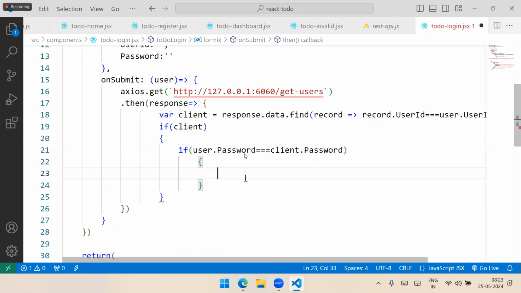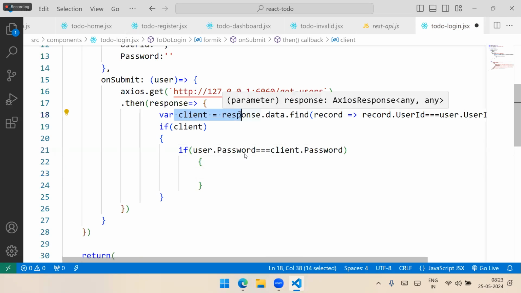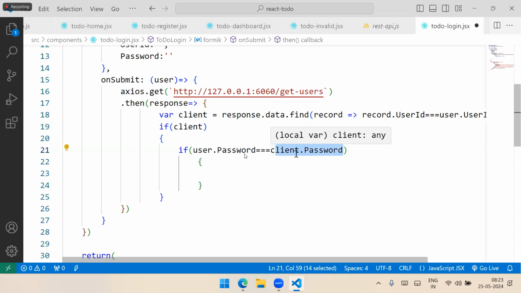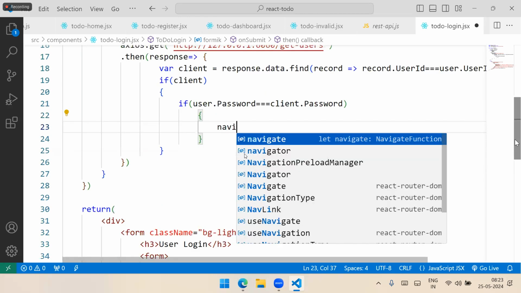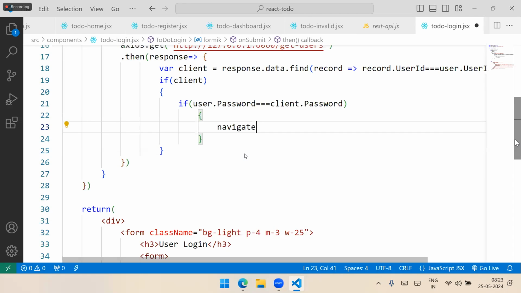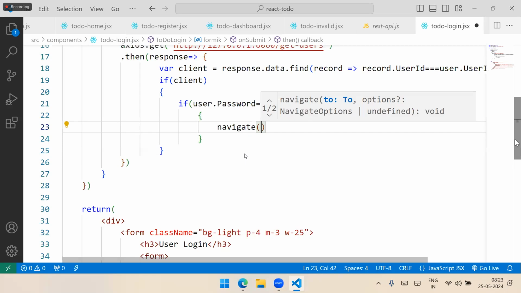Client is nothing but the person whom you found in the results. That password is matching with the password entered by the user in the form. Whatever password they entered, if it is matching, then where to navigate? That means user is matching and password is also matching, so then where to navigate? It should navigate to slash